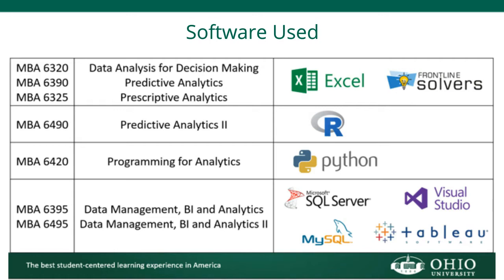And then when we get to the Predictive 2 course, we're saying, okay, let's revisit some of these things we had in Predictive 1, but let's try to integrate a new software technology and explore those same methods and additional ones in the R class. And then, of course, programming for analytics. You got to have an understanding, and you really should have an ability to automate things and to develop things